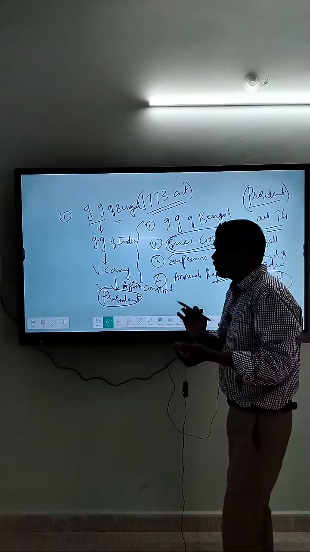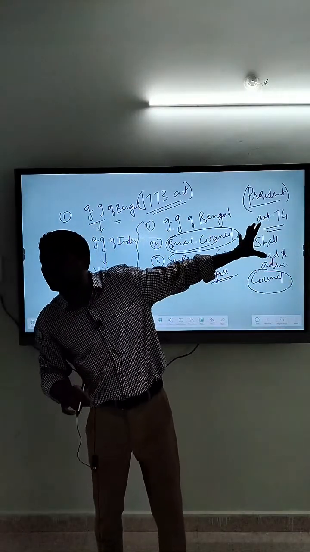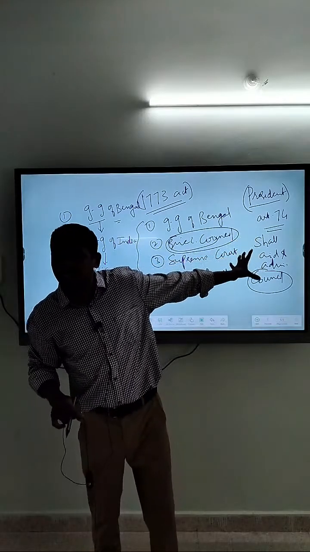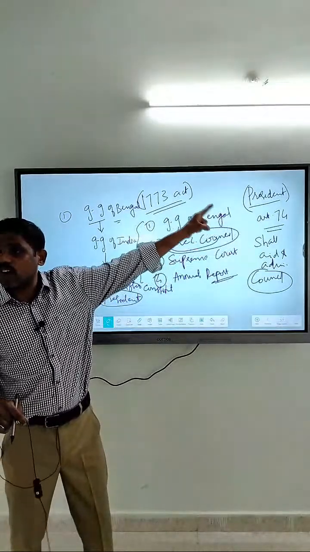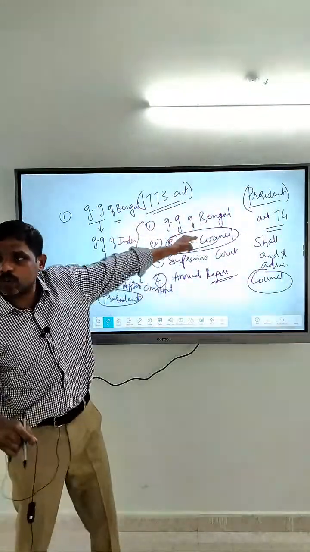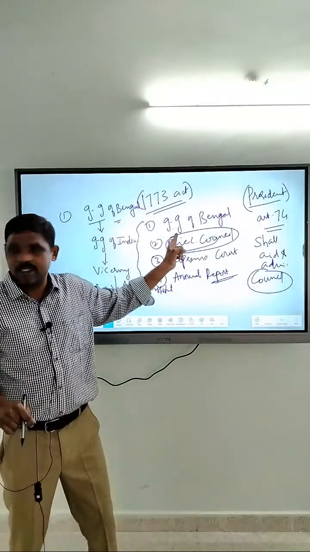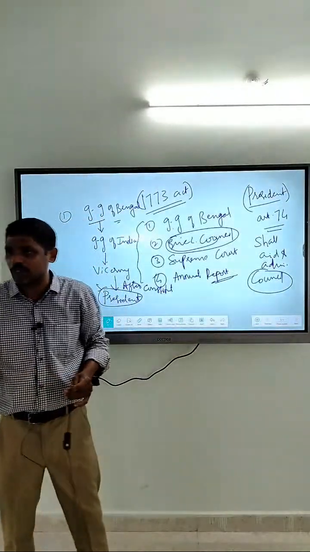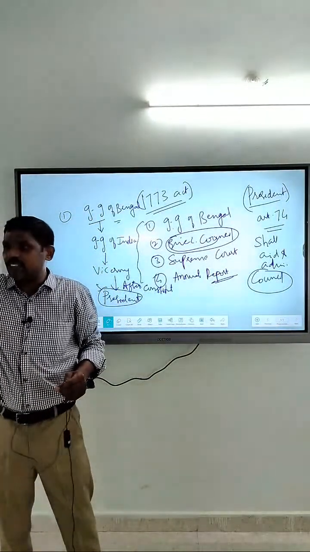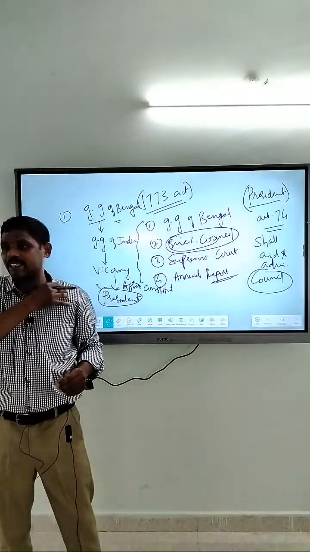Now can we say that there is a similarity between Council of Ministers and Executive Council? Yes or no? Now can we say that the Council of Ministers that we have today have roots again in 1773 Act? Yes. 1773 Act has provided Supreme Court. Today we have Supreme Court. Again, that means the genesis of Supreme Court can be traced back to 1773 Act.